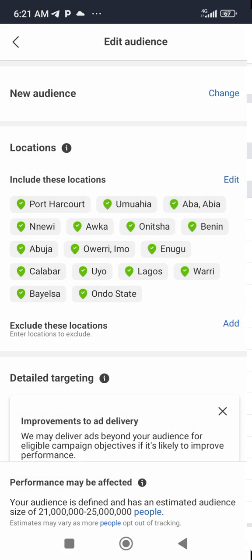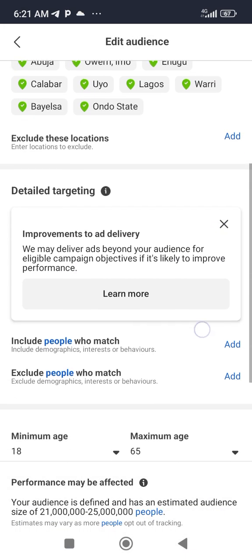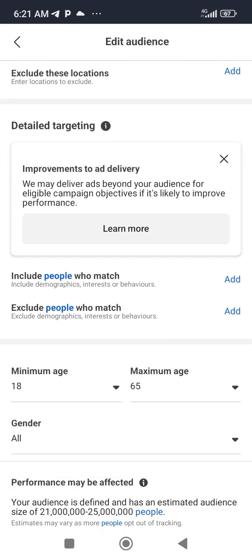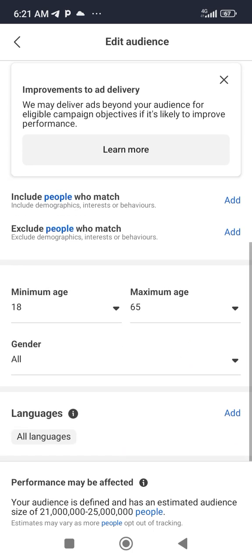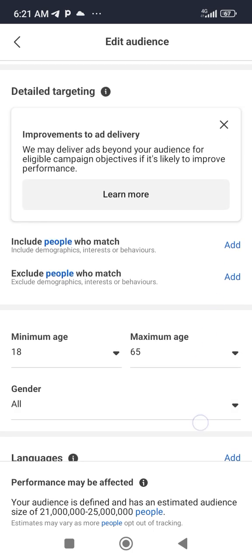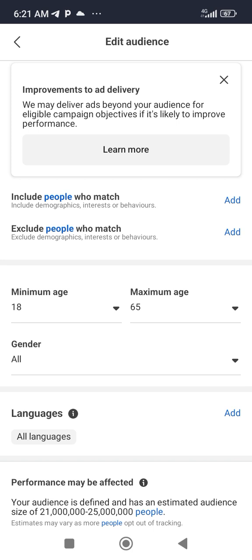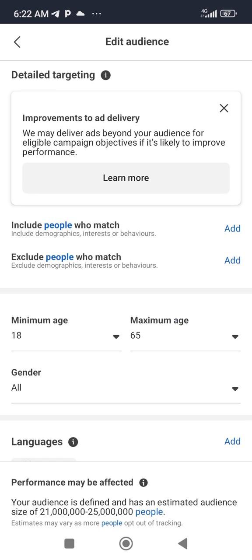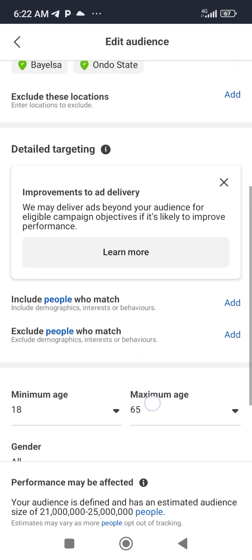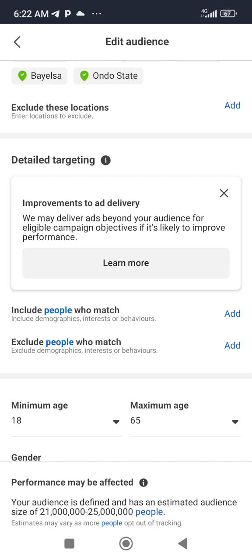So I'll click on this done sign. Then for the demographics and interests or behaviors, I think with the solicitors I've selected, we're targeting about 21 million to 25 million, but that's quite much. So we have to trim it down. So let's continue. On the include people who match your demographics,